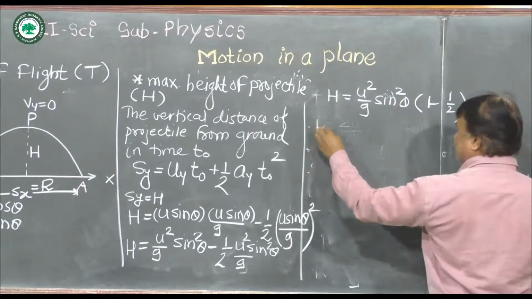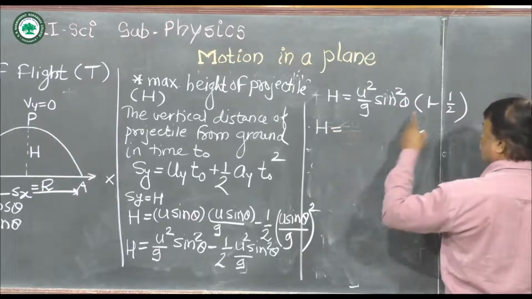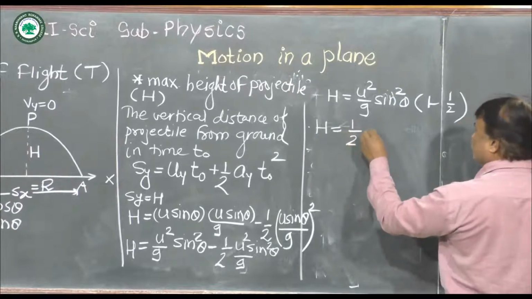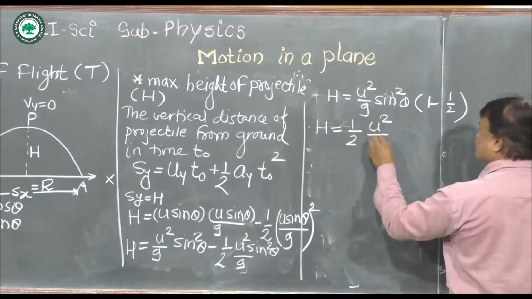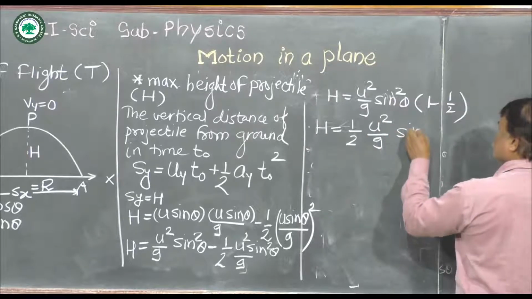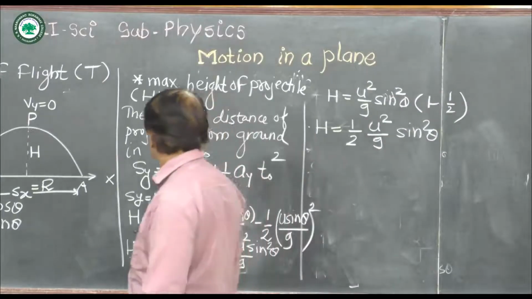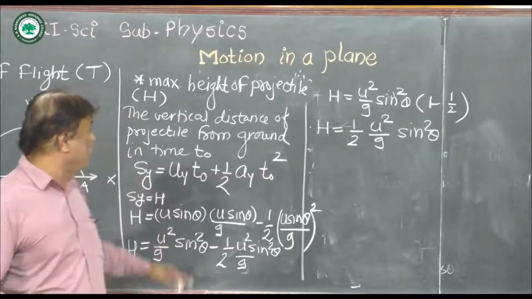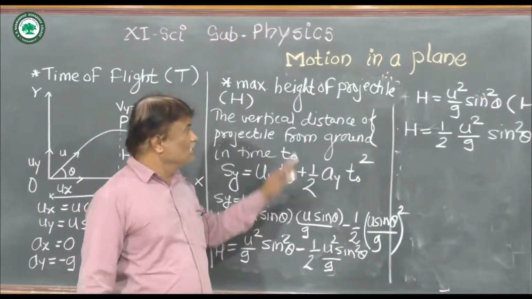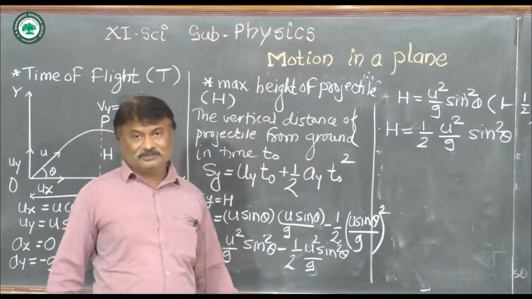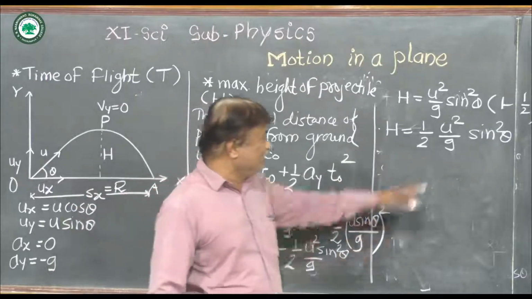So 1 minus half will become half. So h is equal to 1 by 2 into u square upon g into sin square theta. So this is the maximum height of a projectile, or the height of a projectile. We have to find out the maximum height. For maximum height,